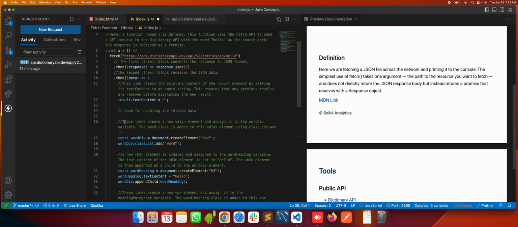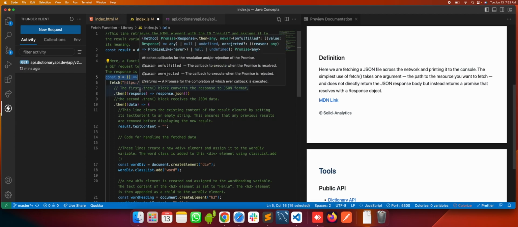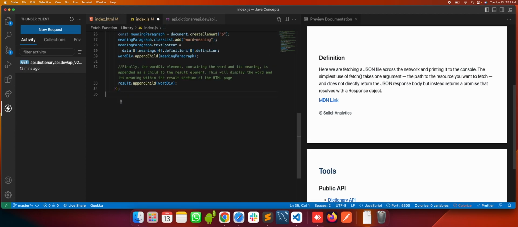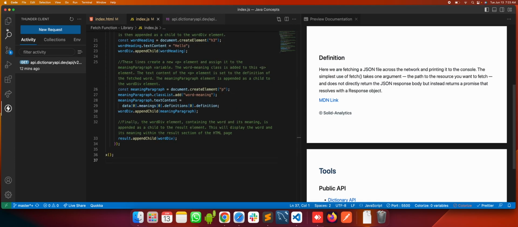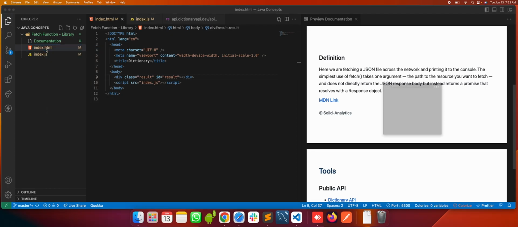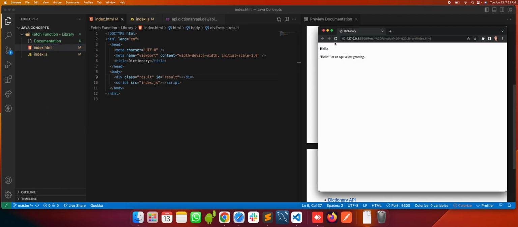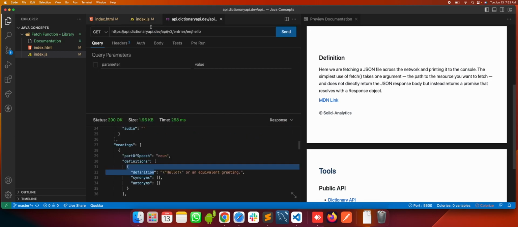Now, this will not work unless we do the final thing. Since we have defined a function here, we have never used it. So let's invoke it, or let's call the function at the bottom. Okay, now let's see whether it's working. Go to live server. Yes, if you refresh it, it's working. How do you know it's working? It's not just copy-pasted information.